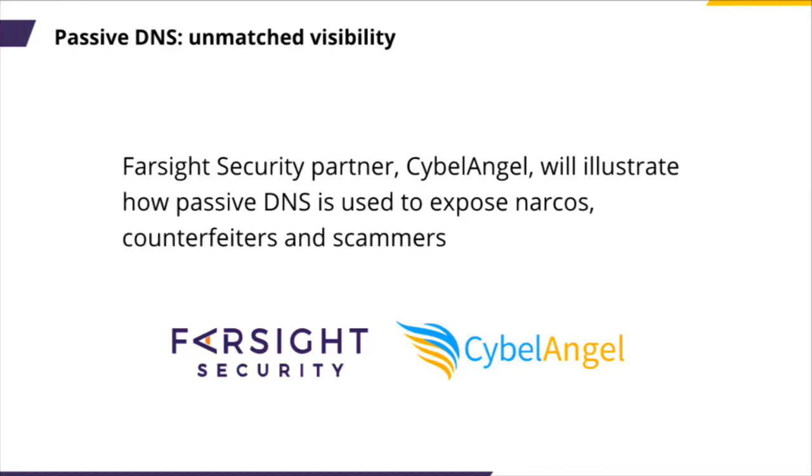And then with CyberAngel, we've done some research and exposed a bunch of counterfeiters and scammers, tied to just looking at passive DNS and looking at network science. Network science is the analysis of complex networks. It's used in biological, social, and computer networks to look at associations using inferential statistics, graph theory, and a number of other math terms that I won't bore you with. It explains how you can look at network science associations, find ties and commonalities between large amounts of entities.